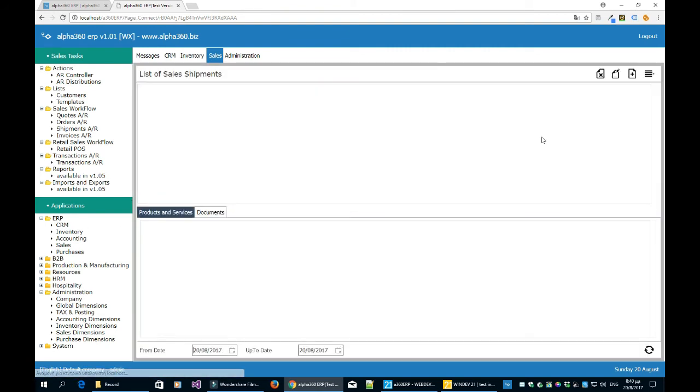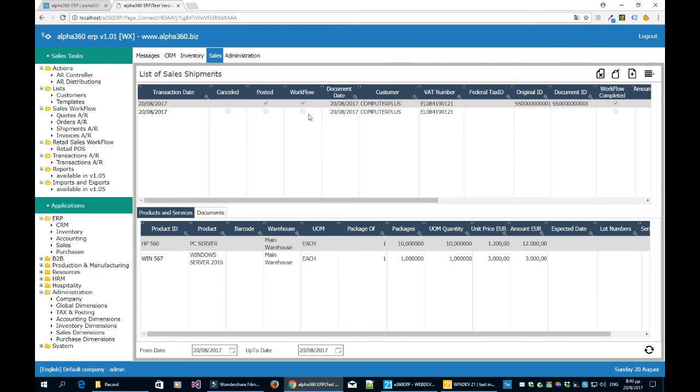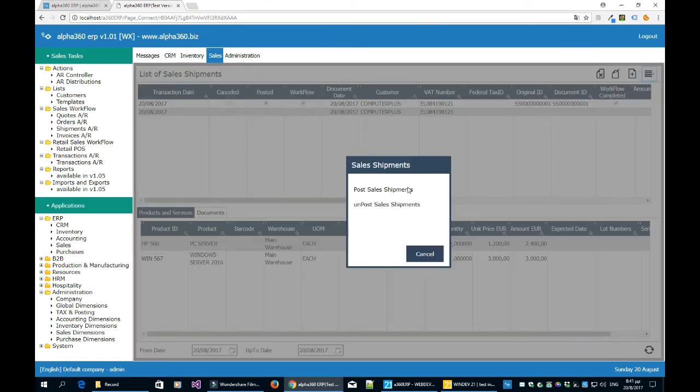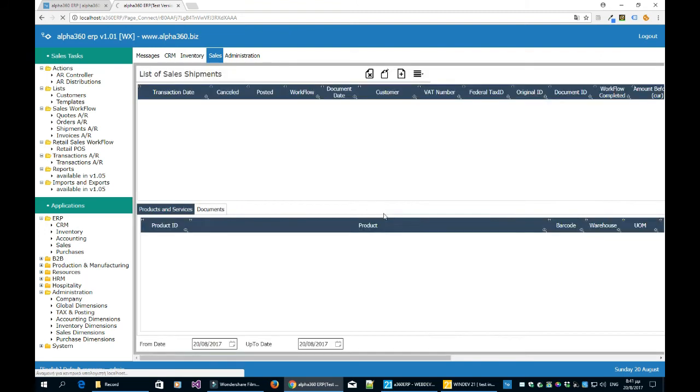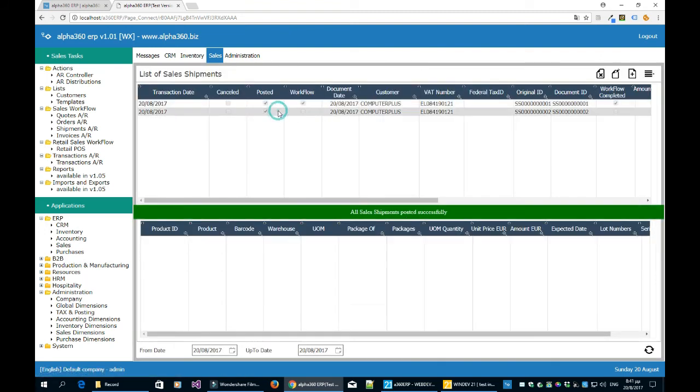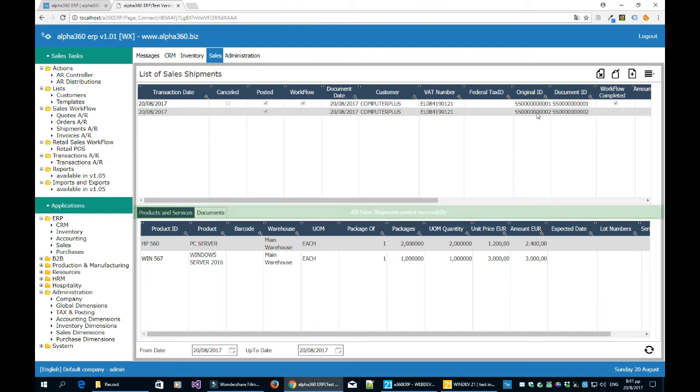I'm going to save it, and here is the shipment. See that it has not been posted, so I can freely delete it, add it, anything I want. And I don't have a document ID because I wanted it to be a draft. Now, what I'm going to do is post it. And now it has been posted. It has now a document ID. And I can go on,